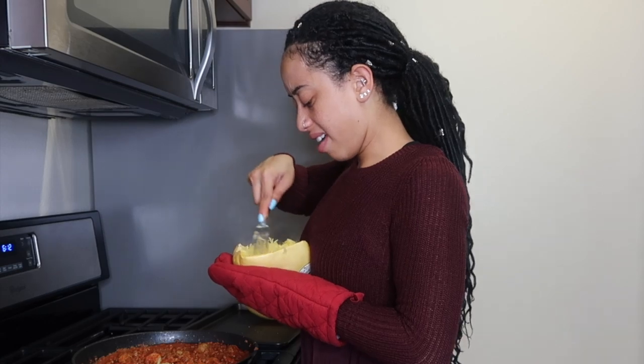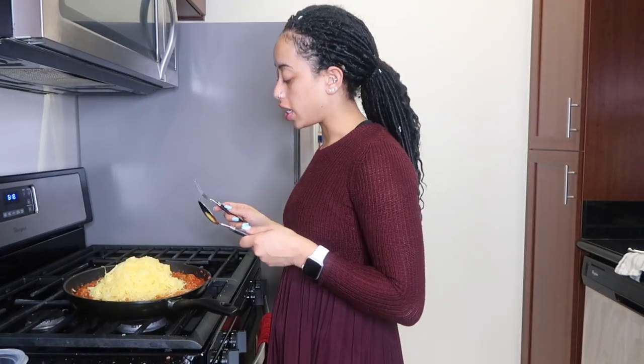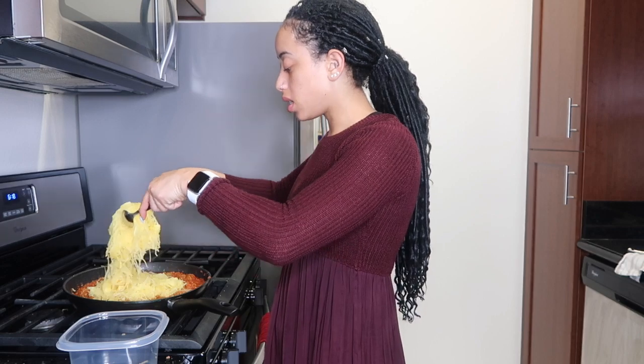Oh! Oh! God! Guys, it's so hot. So I'm gonna just start scraping this one over here because it's way too hot for me to pour it over. Okay, so as you can see, I have a big lump of the spaghetti squash on here, and I was gonna stir it up, but I think that I have way more meat